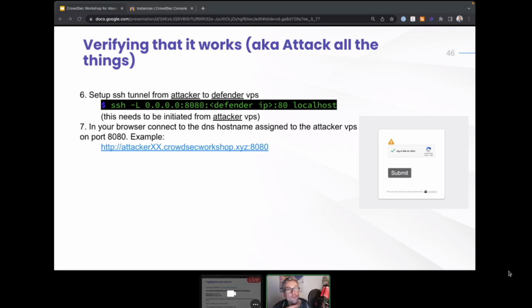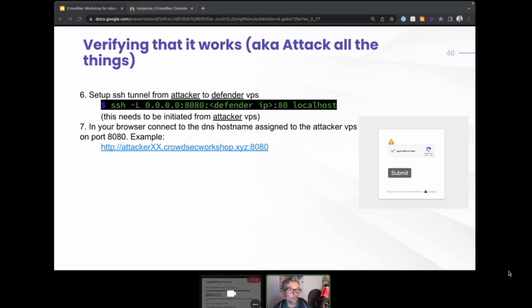The way it works with the SSH tunnel is that when we initiate the SSH tunnel, it will listen on port 8080 on the Kali Linux, and every connection that comes into port 8080 will be forwarded to the defender on port 80. So we're doing this using an SSH connection that's initiated locally. So we're connecting from the Kali to the Kali, but as we do it, we're also spinning up an SSH